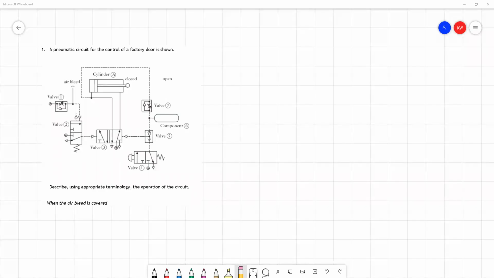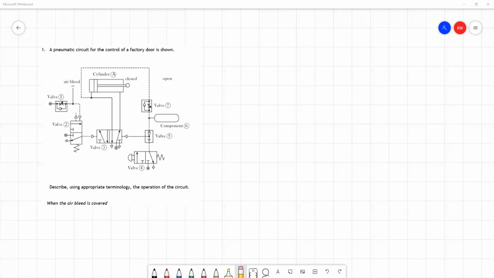This is question 1 from the set of practice questions, looking at questions where we're asked to describe the operation of a pneumatic circuit. The circuit we're given here is a circuit for control of a factory door. So the cylinder A is going to be pushing a piston which is responsible for opening and closing the door. And we've got to describe what's going to happen from the point where the air bleed is covered in this